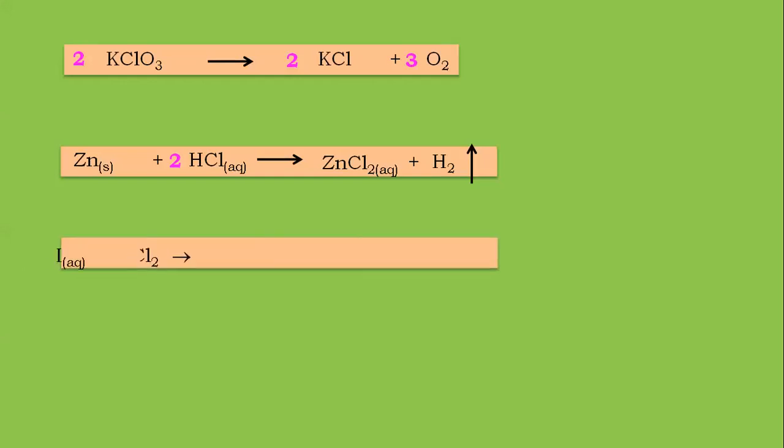Now the last one for the day. Come on, let me see. How many of you can do this? Apart from balancing, if you intelligent students are wondering what this upward arrow and downward arrow are, remember we were talking about the physical states: an upward arrow means the gas is liberated and a downward arrow means it's a precipitate. Do not panic with the physical states, because they are not going to cause any hindrance in balancing. Irrespective of the physical state, it should not affect your balancing.